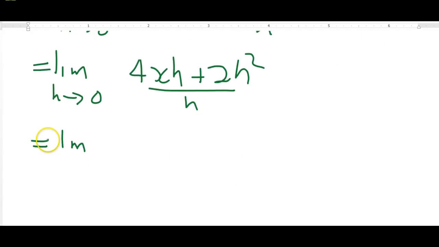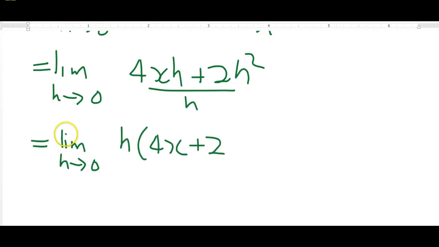So I can still repeat my limit again. This time around I can factor h out, 4x plus 2h. It makes sense that way, right? There's h here, all divided by h, because when I take the h out, I'll have 4x plus 2h, because there are 2h here. So I take one out, I'll be left with h divided by h, and this will cancel with this,